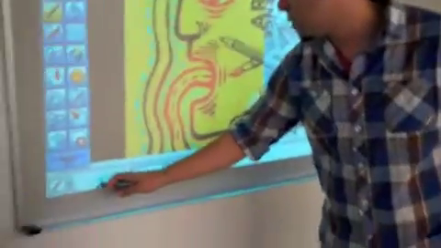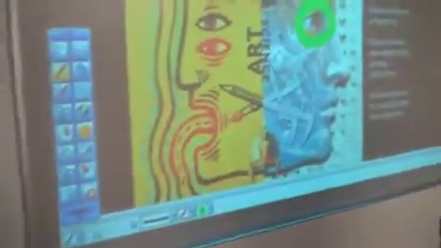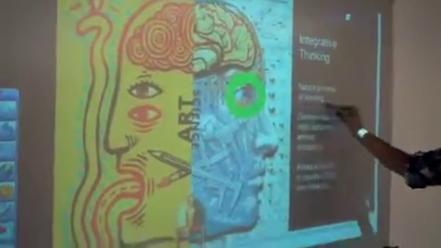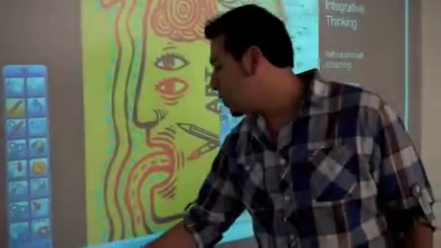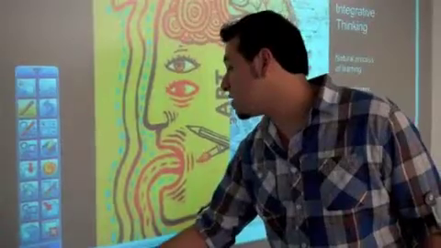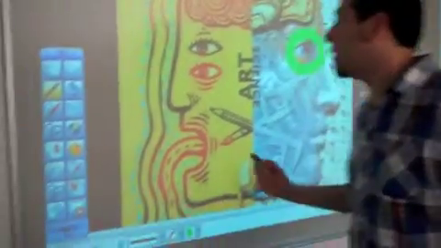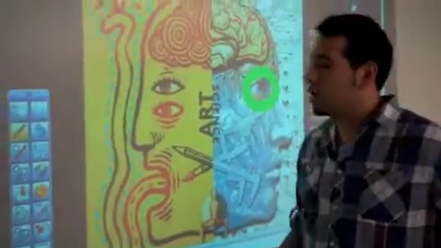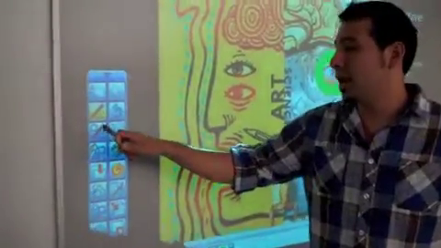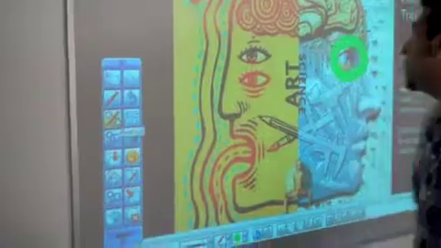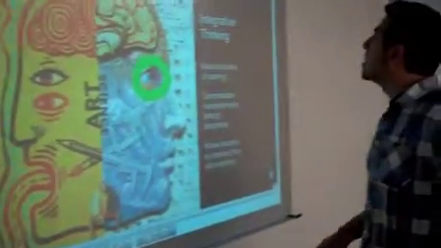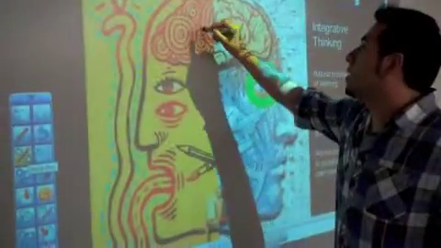Let's see, we can draw that back down. You can underline stuff, and you can also put emphasis on whatever you need to within the PowerPoint. Another interesting tool is the IntelliPen, which is the pen with the shapes right here. You can click on that, and with this you can write,